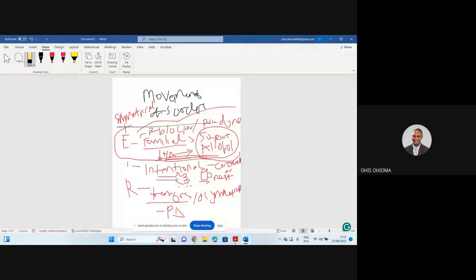Now, this type of tremor where the patient has a sustained posture, you can see that this hand is straightened. So the posture here is sustained, right? He's trying to reach out for a cup. This type of tremor that occurs is known as intentional tremor, right? This type of tremor where the patient wants to carry out an act, right? He wants to do something, but the patient starts having a tremor when he wants to do that thing or he wants to reach out for something. So you want to give maybe your son a pen or your friend a pen, and you want to collect it from the patient or your son. You notice that your hand starts shaking. That is intentional tremor.